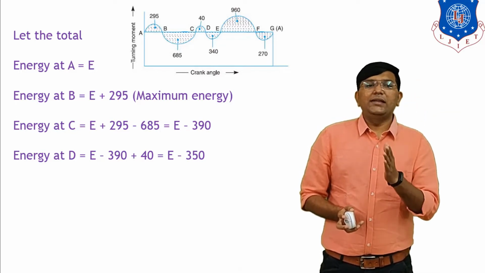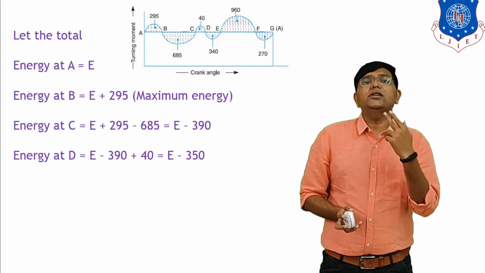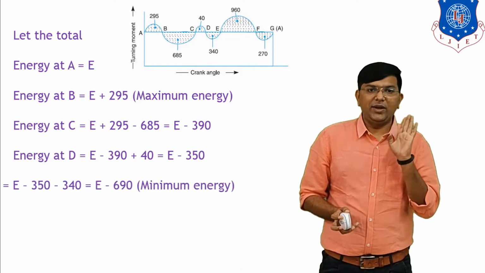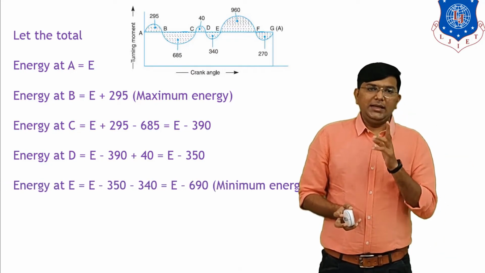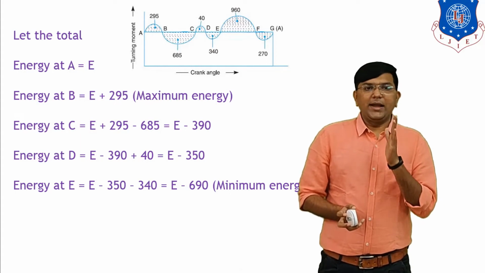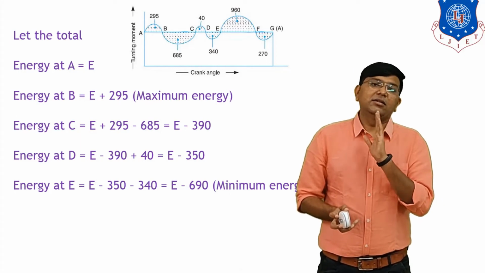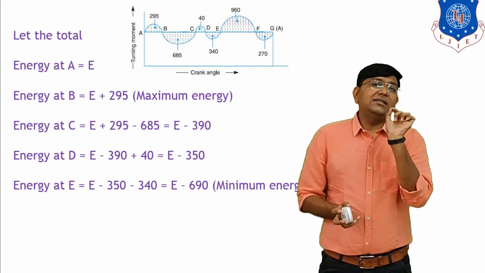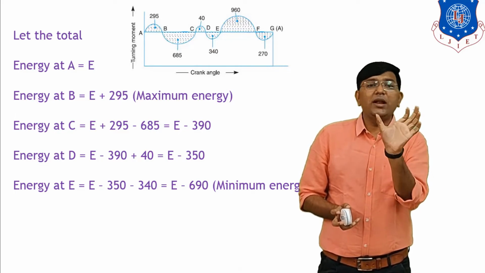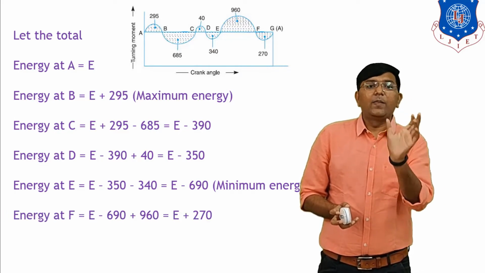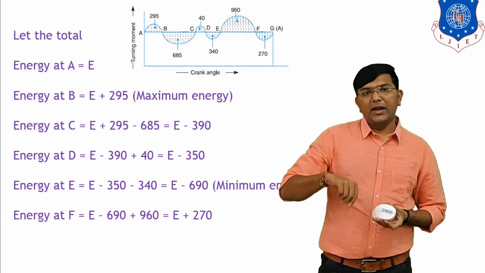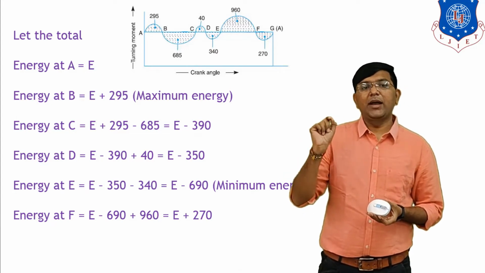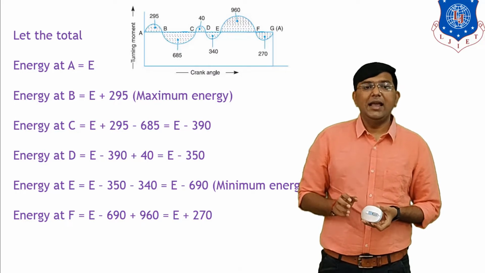So energy at point D is equal to E minus 390 plus 40, which is E minus 350. Energy at point E, so E minus 350 minus 340, so E minus 690. So the energy at point E is the minimum energy of all the points. Clear? Now energy at point F, again one negative loop is there, so E minus 690 plus 960, so answer